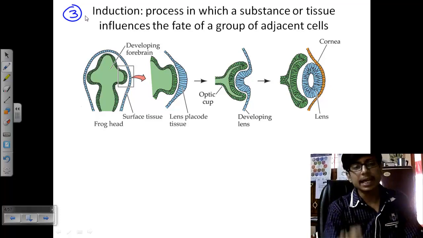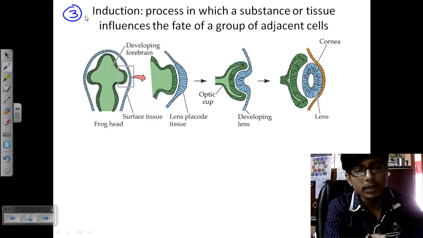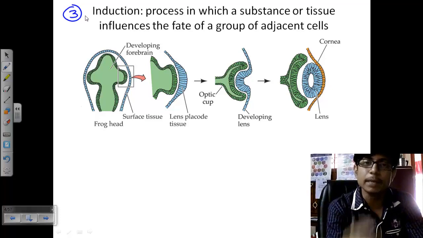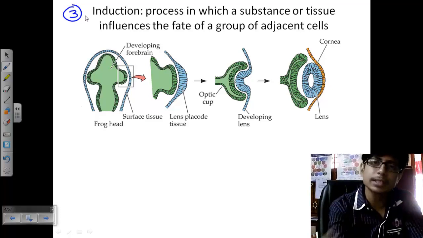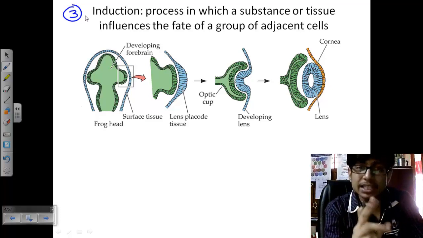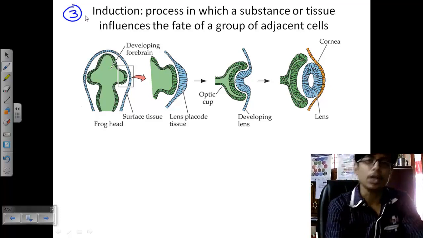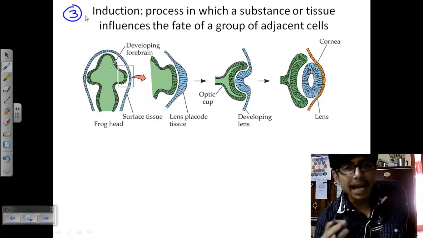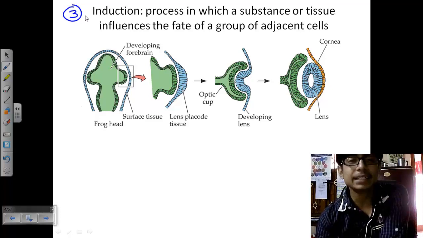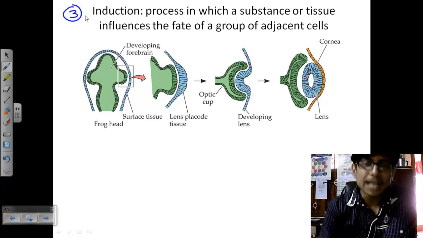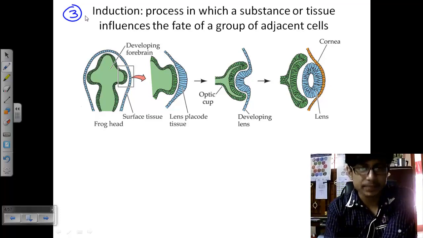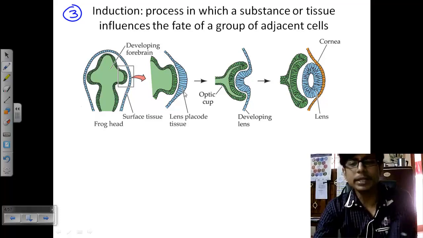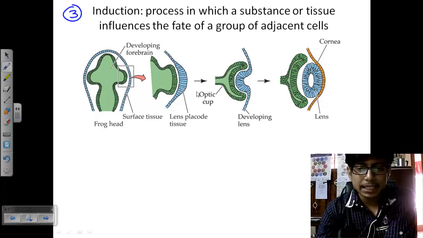So we've seen that differentiation is important. For differentiation, determination is very important. Once a cell is determined to produce a specific type of cell, then that cell will grow and produce that cell lineage. But induction occurs after the differentiation is done. When a cell knows what kind of cell it has to produce and it produces that type of cell, then that differentiated cell can influence nearby, adjacent cells to be modified into a different tissue. For example, a common example for that is this